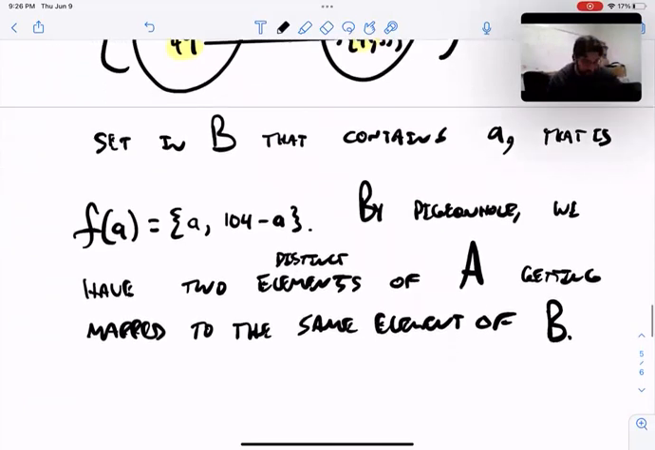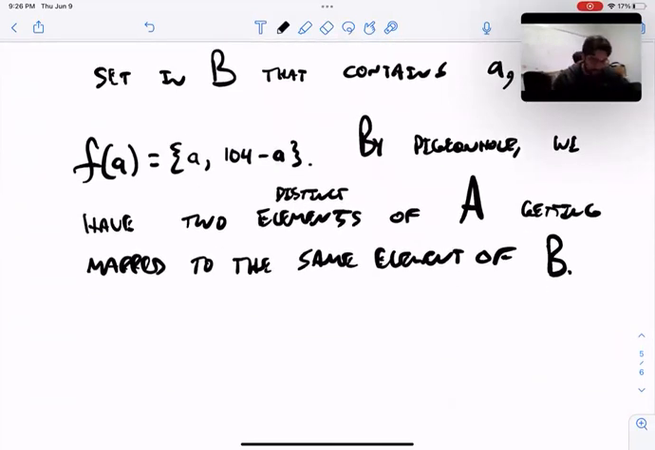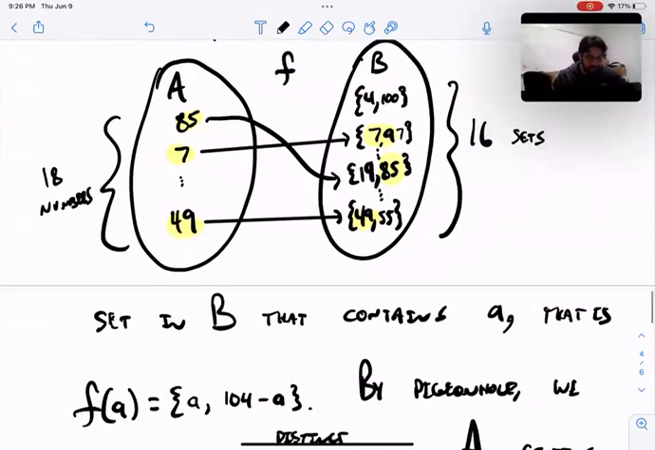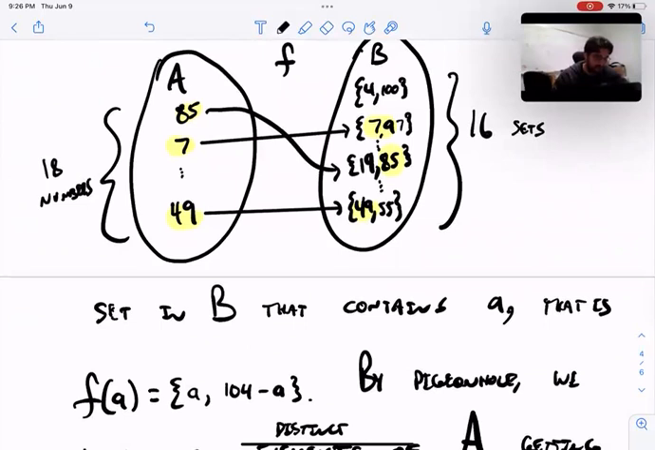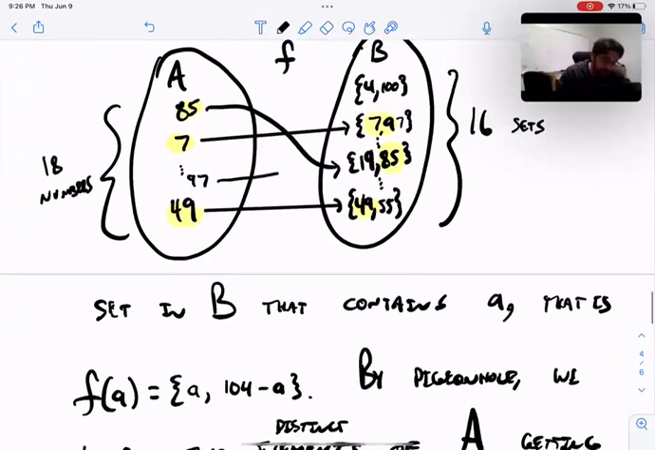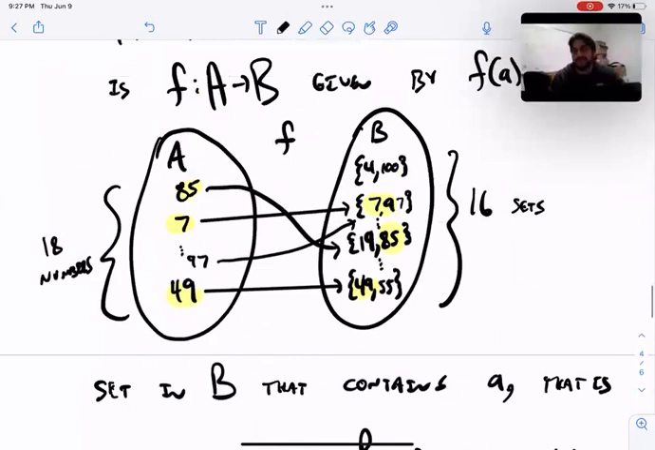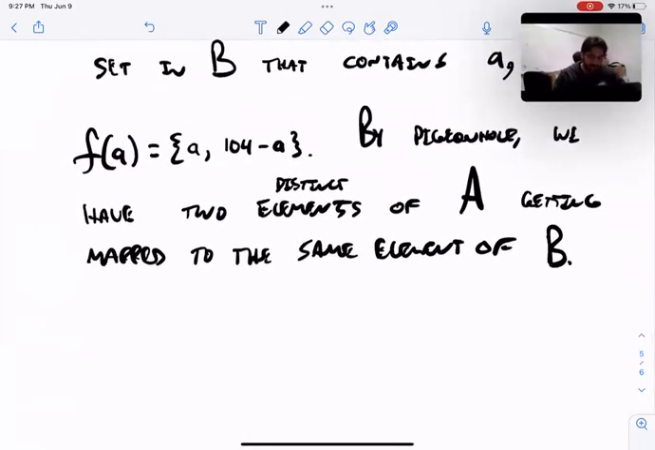This is essentially the end of the argument, because if you have two elements in any of these sets B, like say for example, say 97 was also here in set A, well 97 is also going to get mapped to 7, 97. Therefore, you have your two elements that add to 104. That's how the pairs in B were constructed. They were all the pairs that add to 104. So at this point, we have